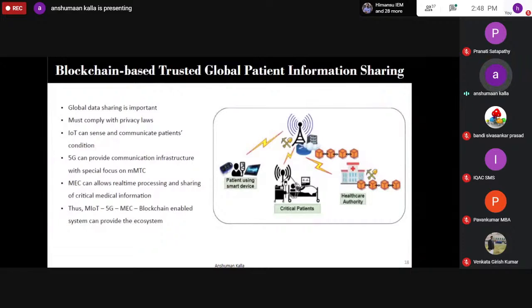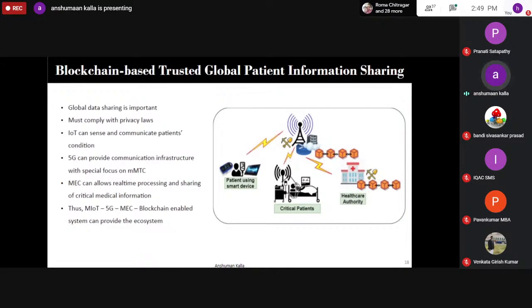I would say usually it's of the order of seconds that the information will go, get processed, and come back. But if, for example, you are having a surgery where you need expertise and collaboration with a team of doctors across the globe, one in, let's say, the USA, another in Canada, or UK or Germany, then what you need is real-time processing and quick dissemination of information, right? Here in this scenario,